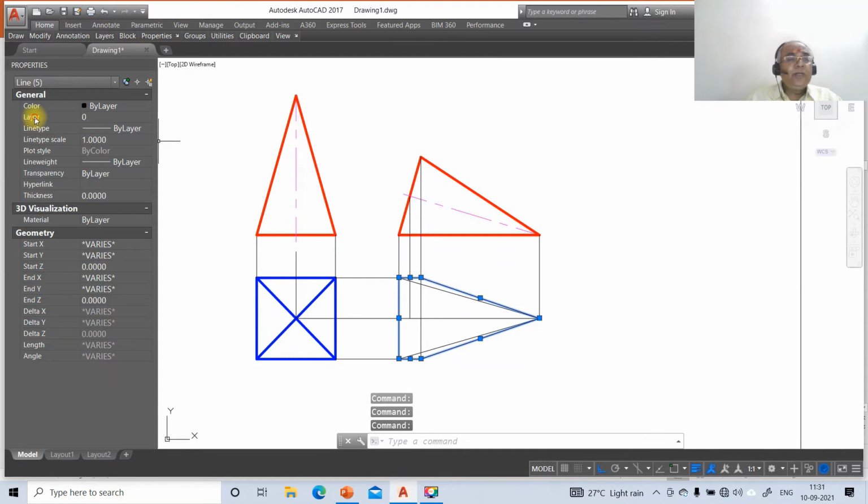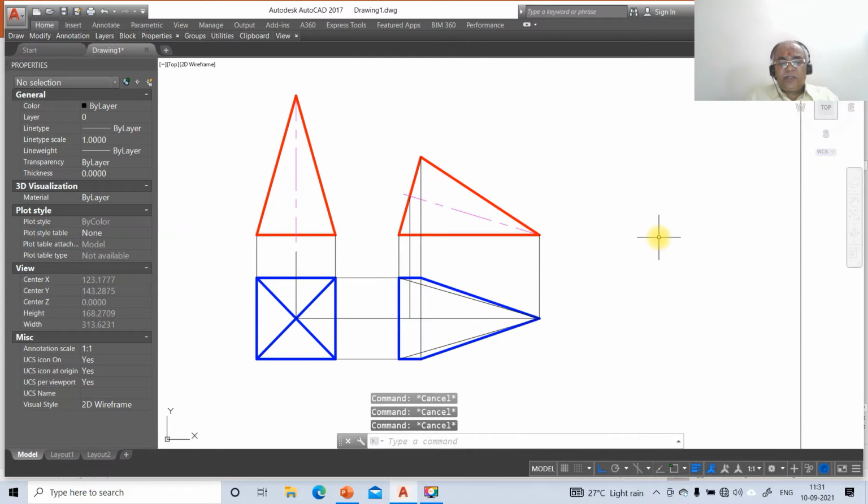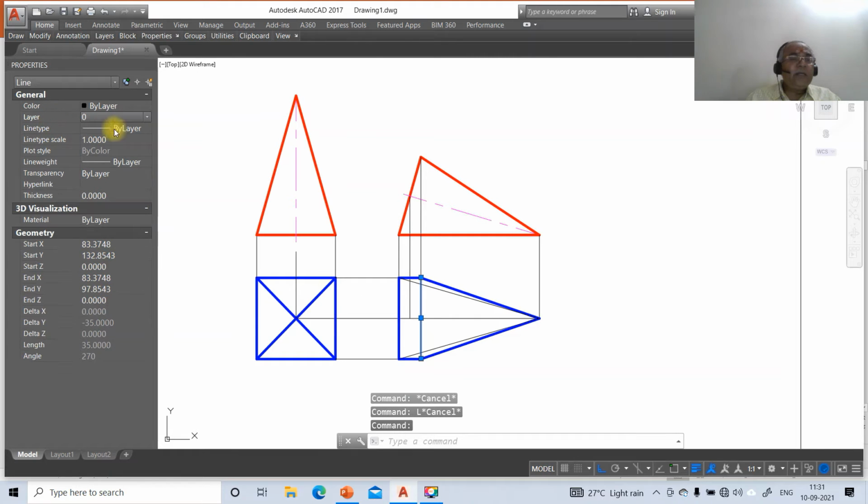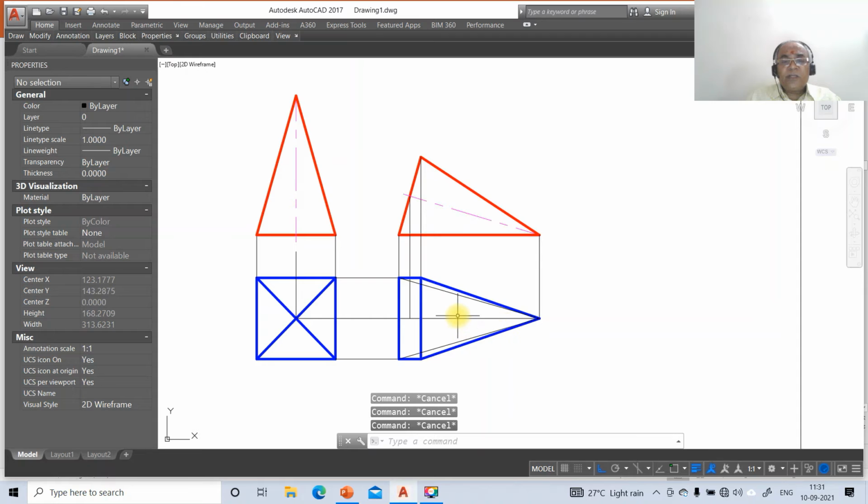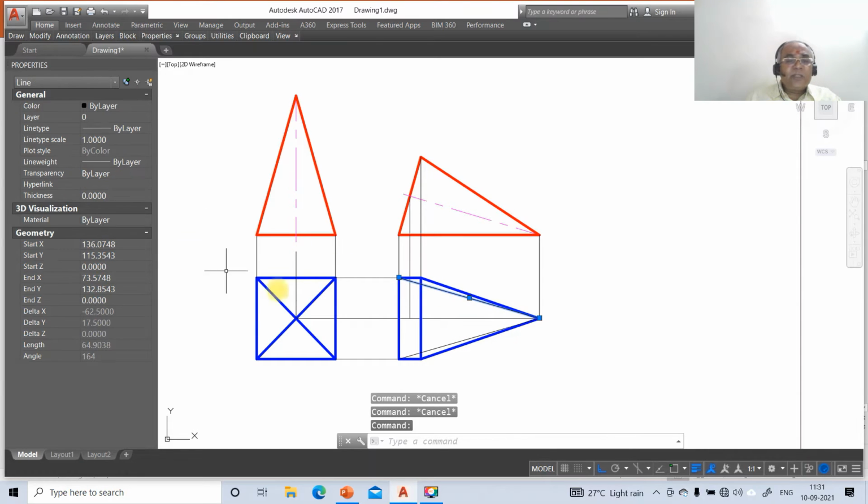So you just go to layer, make that as top view now. Then you just come down to here also, that line is also visible. Layer, you go to top view. So now we need to consider this line. So these two lines are the top view, layer, top view hidden,